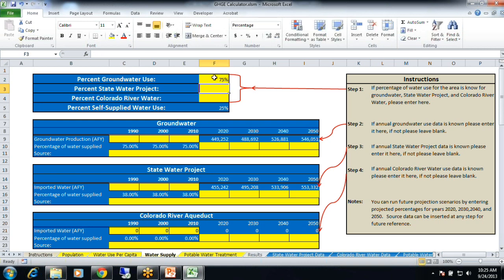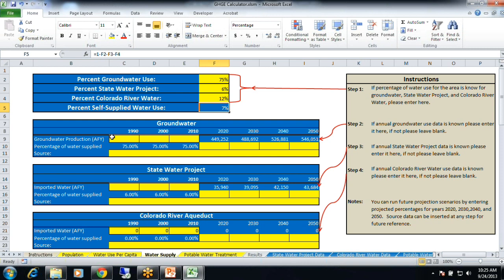Their State Water Project is 6%. Their Colorado River Aqueduct water is 12%. As you put these in, this is your present-day best estimate of what your water supply portfolio looks like. So you put in the first three, and then the remainder will be self-supplied water. You don't need to put that in because that's calculated once you put in the other three percentages.